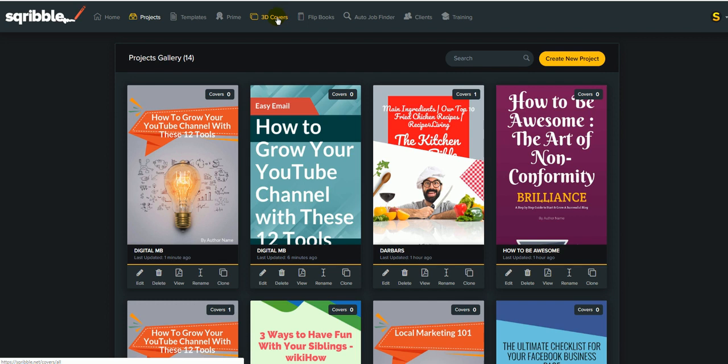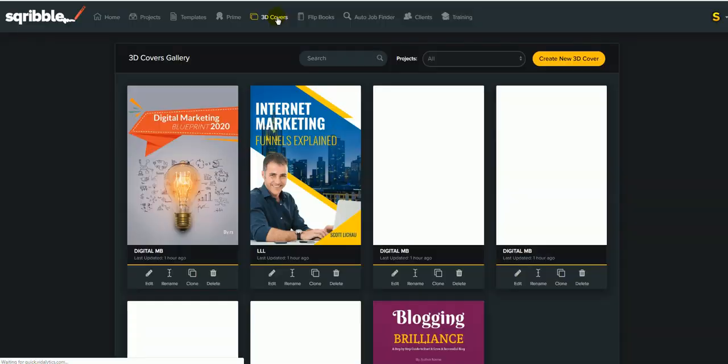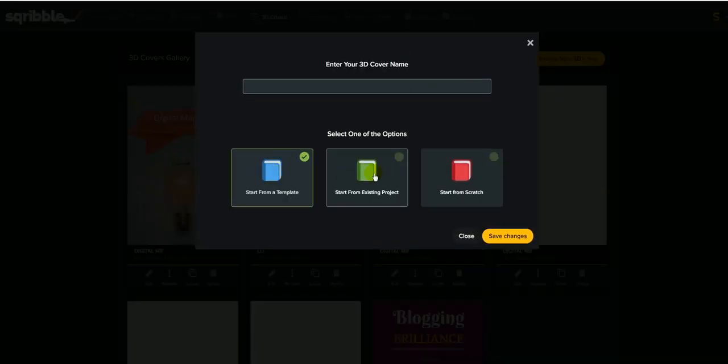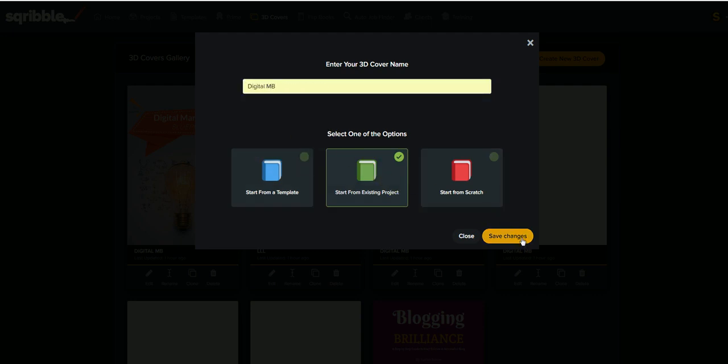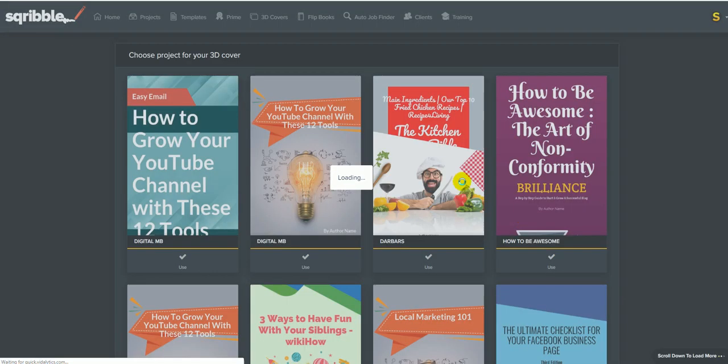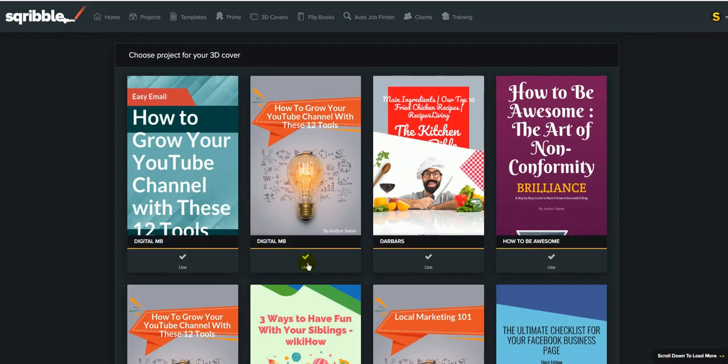The next step would be to make a cover for it. As you can see here, we just made this one a bit earlier, so this is already a made cover, but let's see, we can create a new one, and then we can start from an existing project, and we can choose the digital MD, which is the cover. And when we do,